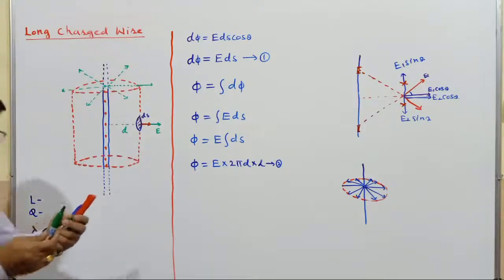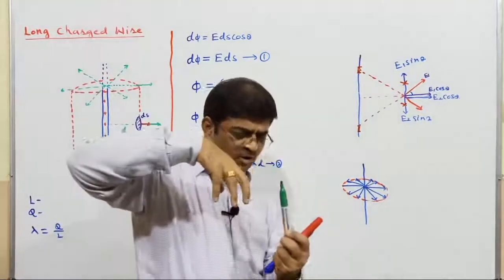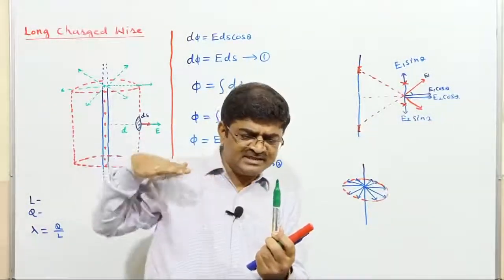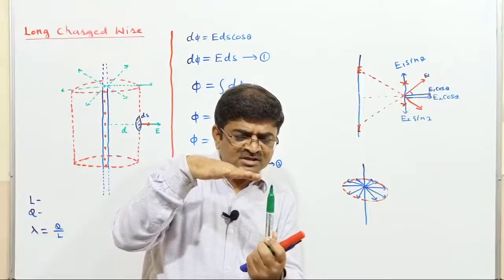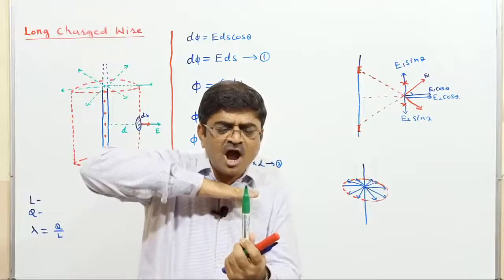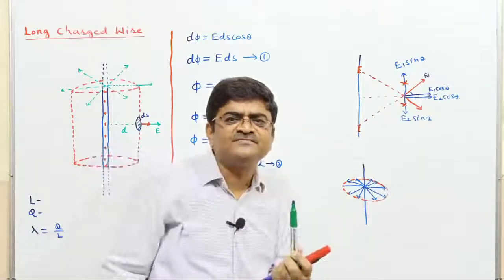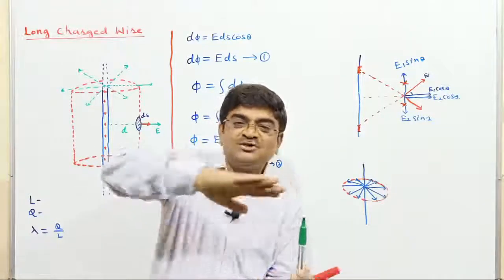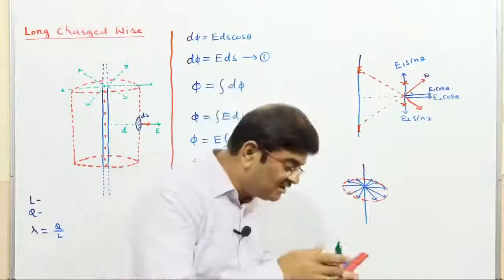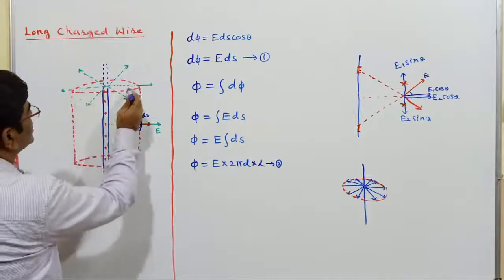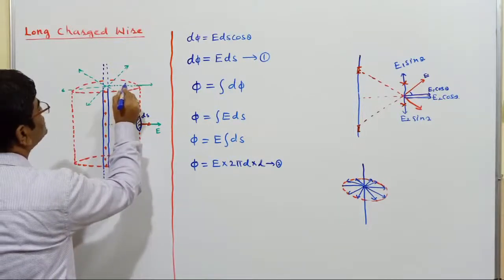Which brings to my notice that over here, force lines are like this. I can see that all the force lines, if I see them with respect to the cross section of the cylinder, are grazing to that surface. Circular cross section I am talking about, the circular section of the cylinder. Then, if I happen to calculate flux through the circular portion, I will focus on a small part of that circular portion, say ds.